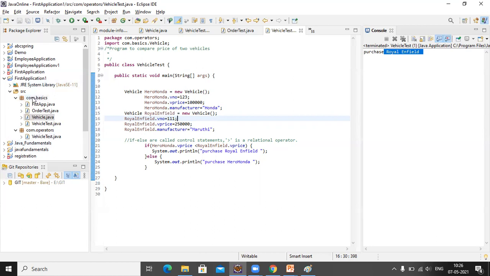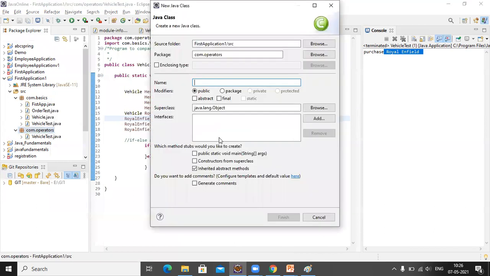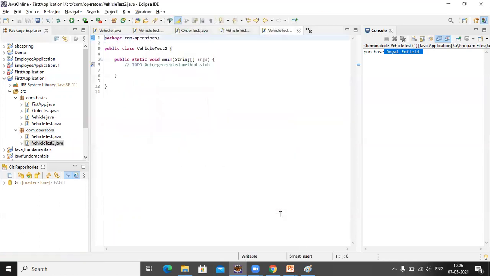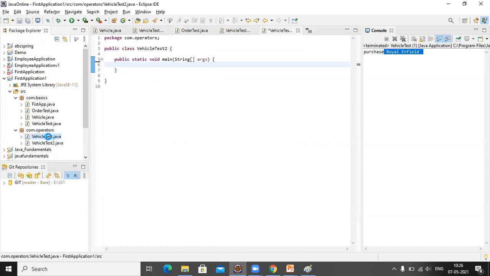Now let me create one more application. Right click and say new class, vehicle test 2. It has a main method. Now let me simply copy the code which is required for us.